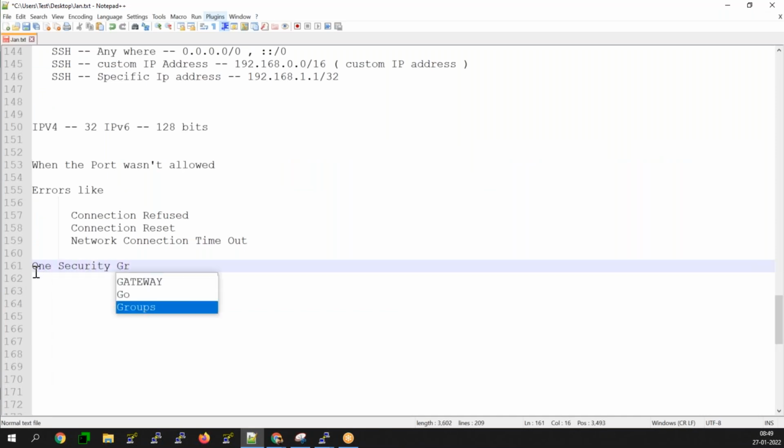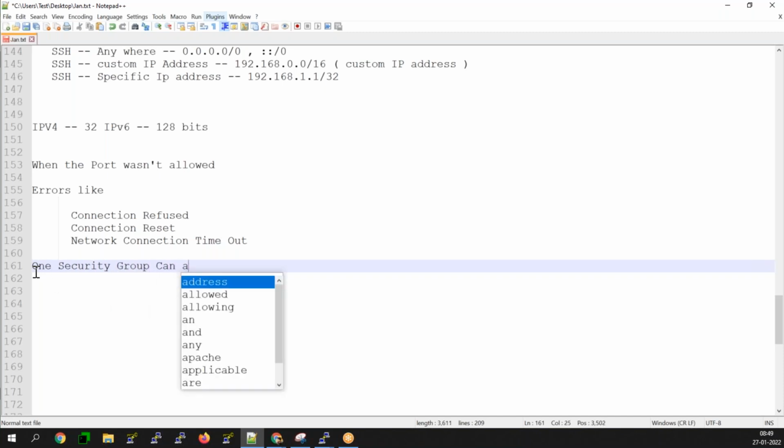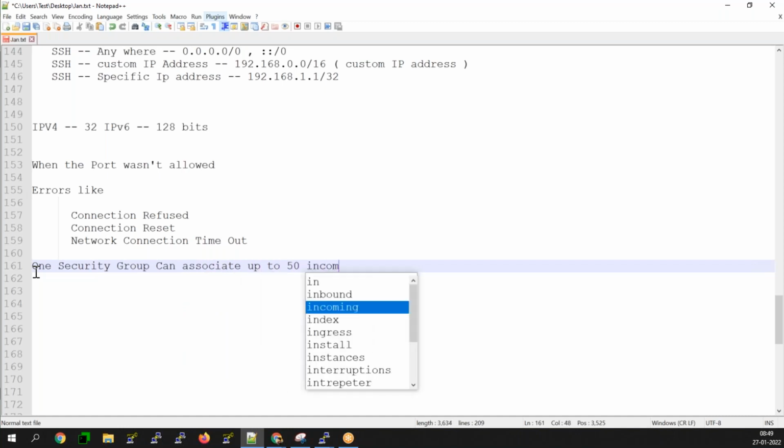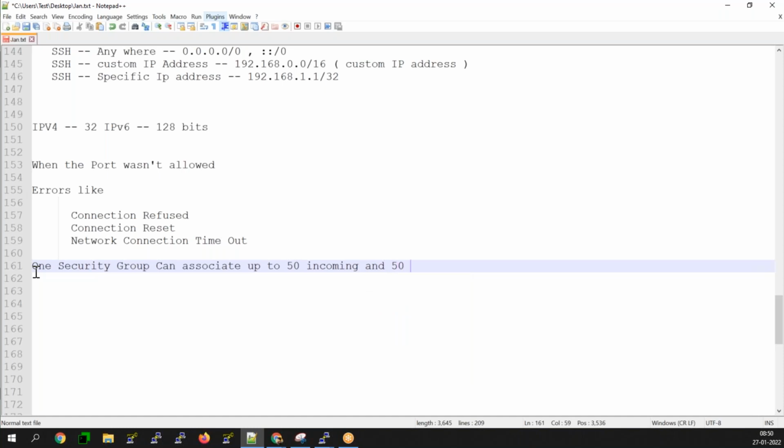One security group can associate up to 50 incoming and 50 outgoing rules actually. Right. So by default,